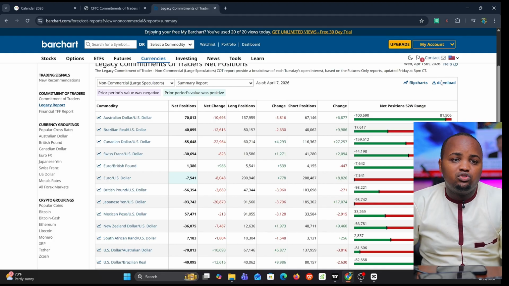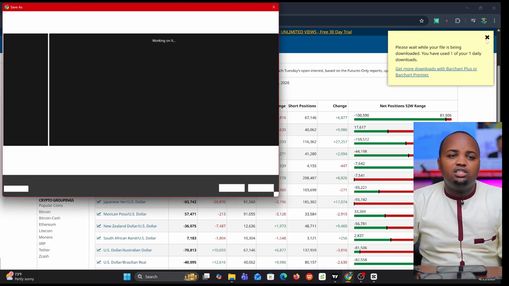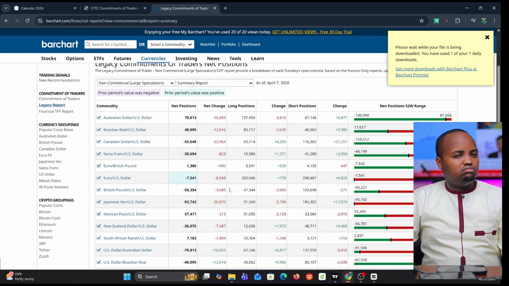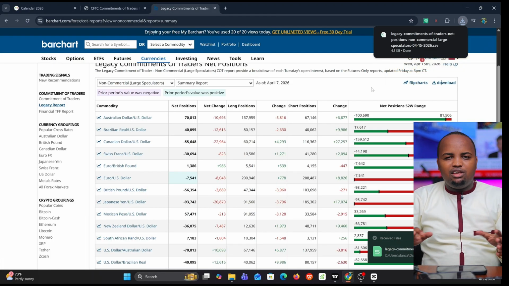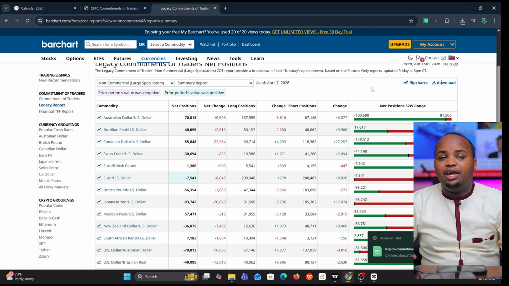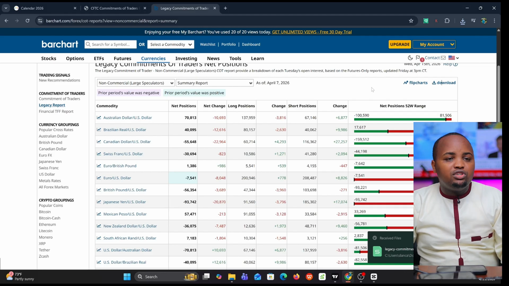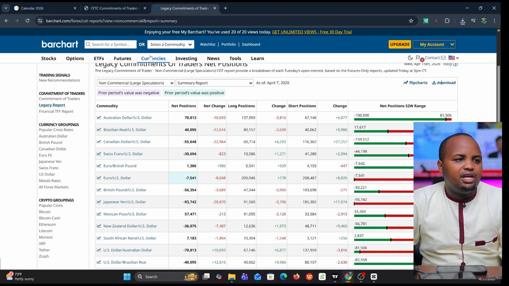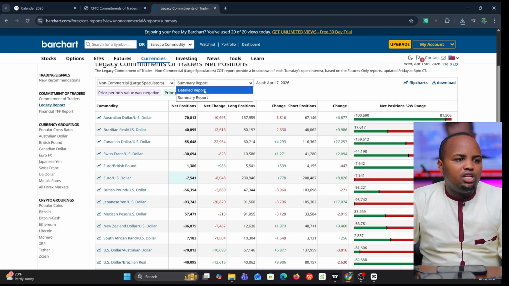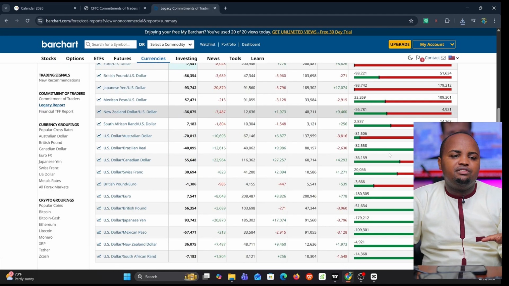In case maybe you just want to download it, you can just download it and move it to maybe ChatGPT. If you don't know anything, this is very hard. Ask it to give you a summary of this information, which one to buy and which one to sell. It will actually give you that summary in a very nice way. But don't forget, make sure that you are on non-commercial. Make sure that you have placed summary report, and you can see you're going to get all this information in